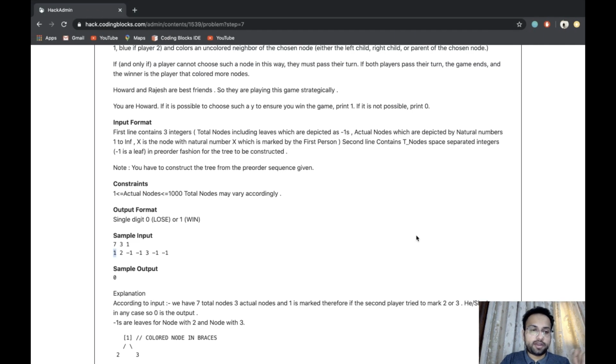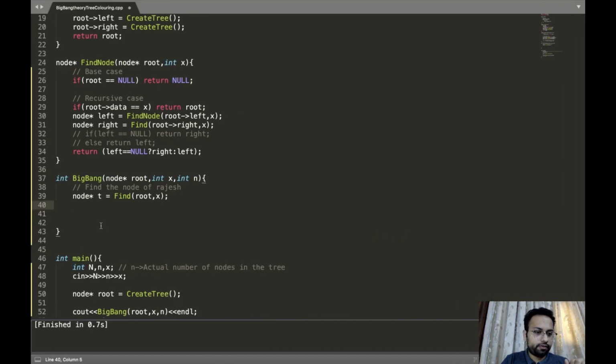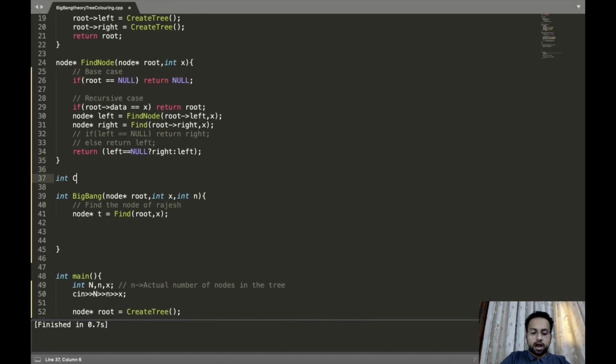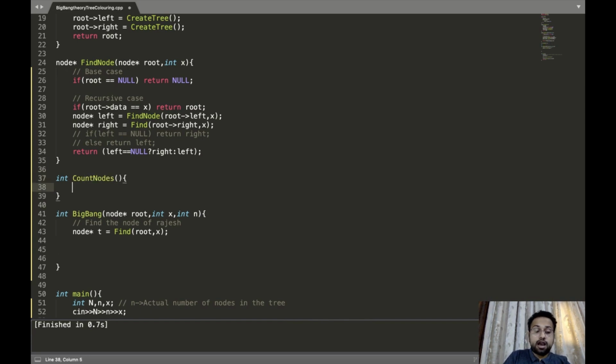So first of all, let us write the code to count the nodes. So how can I count the nodes? Because if we are going to find the nodes in the left subtree and the right subtree, we need to count them. So let us write the function. If there is no tree that exists, what will be the answer in this case?